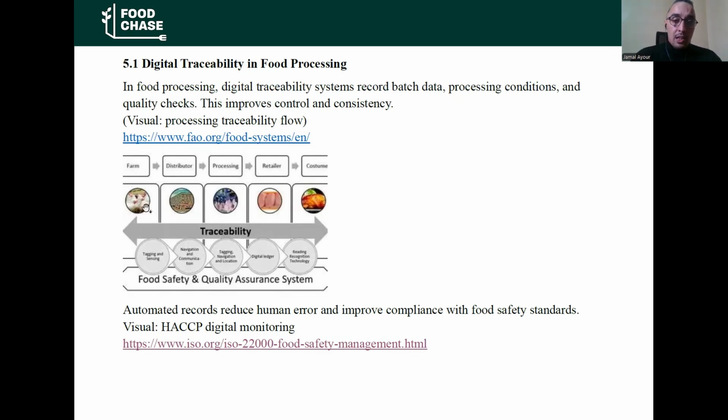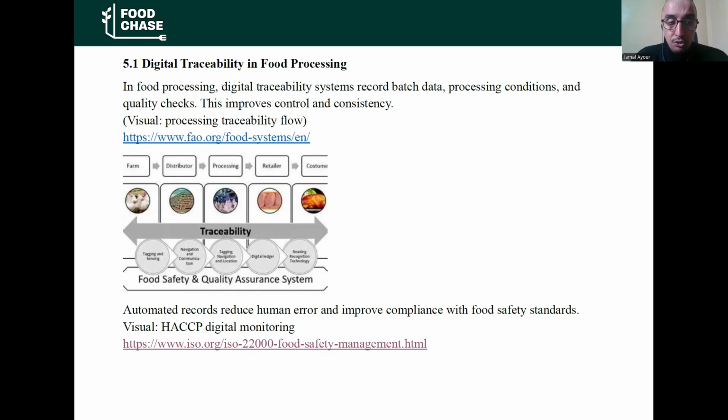This example explains that digital traceability plays an important role from farm to consumer, with different steps from distribution to processing and retail, and allows data collection at any stage of the chain.